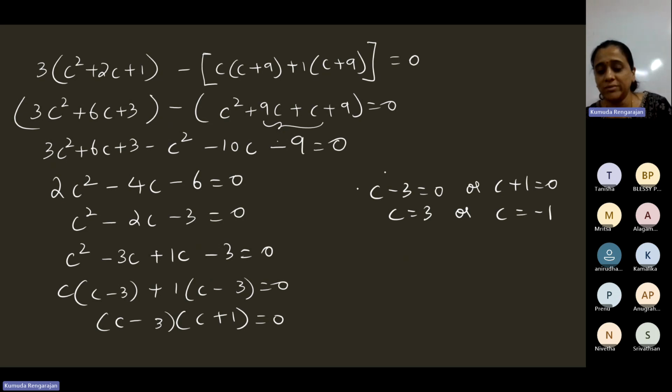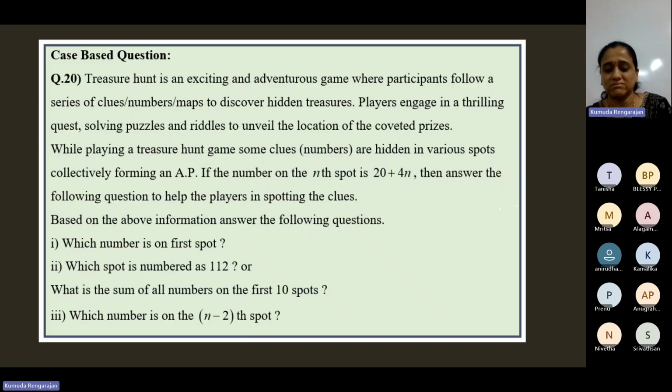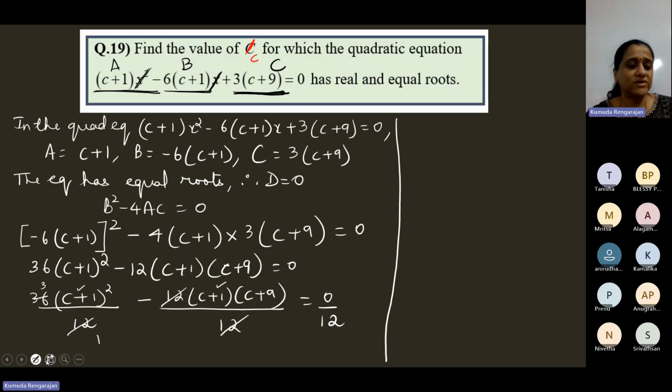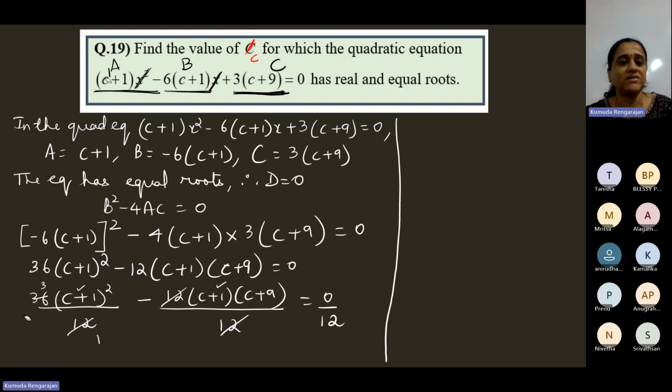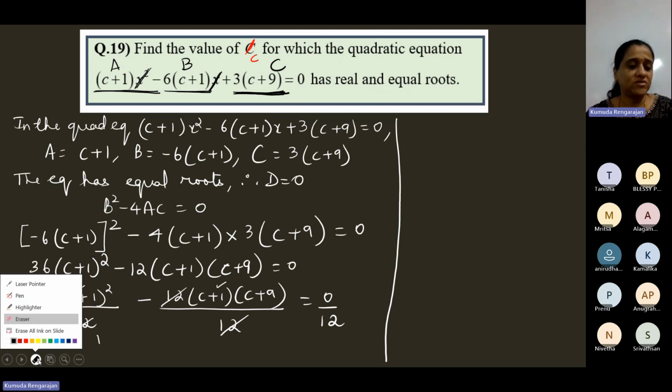Now here c cannot be minus 1. Why? Because if c is minus 1, it will be minus 1 plus 1, 0. 0 into x square is 0. Then it will not be a quadratic equation. So c equal to minus 1 is not possible. Here c cannot be minus 1, because if c is minus 1,